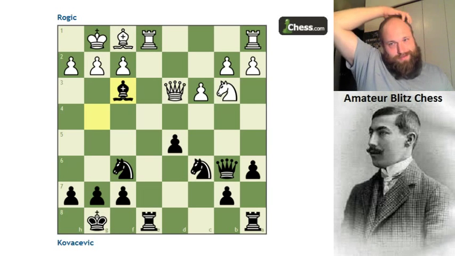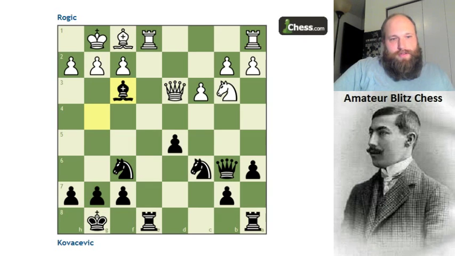So again, this is kind of a little bit against the general practice of the situation when we have the IQP, because we typically want to not trade pieces. But black has a couple points here. The first point is that he has removed this defender of the d4 square, which means it's going to be harder for white to close that diagonal, which is going to allow this queen to continue exerting pressure down this diagonal. The second point, which is one that